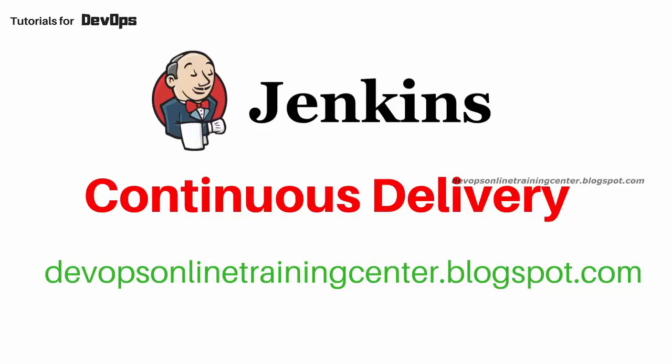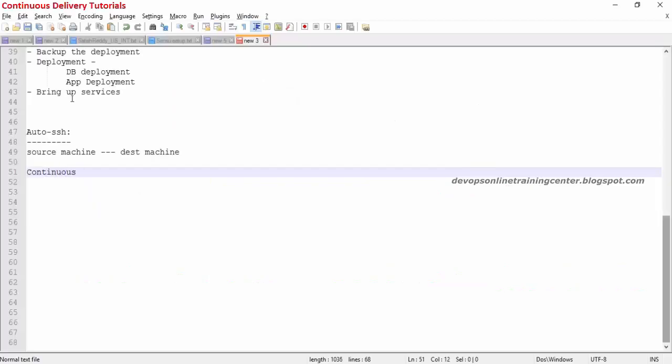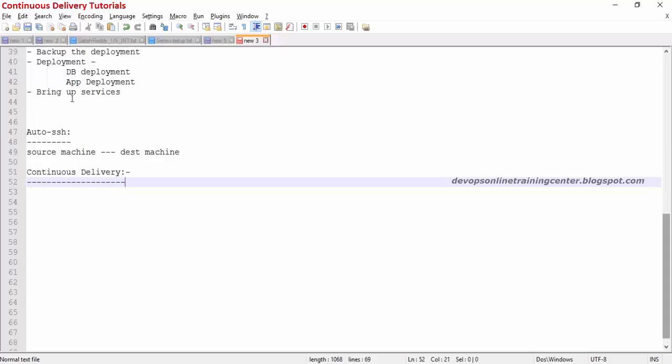Continuous delivery. Continuous delivery. Okay. So what do you mean by continuous delivery is, this is like kind of like the peak of automation you can